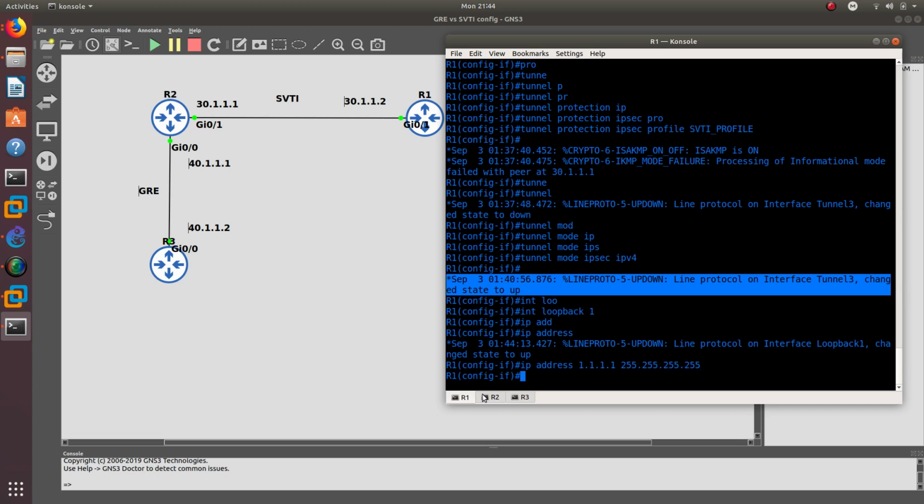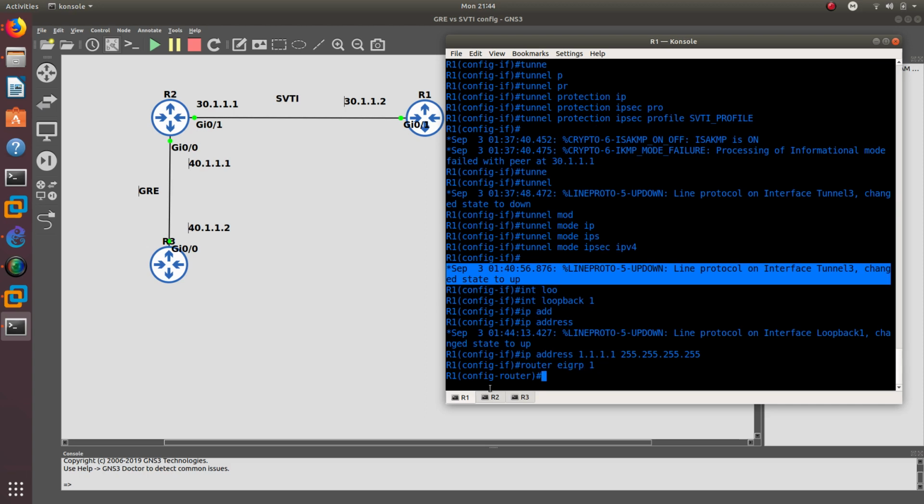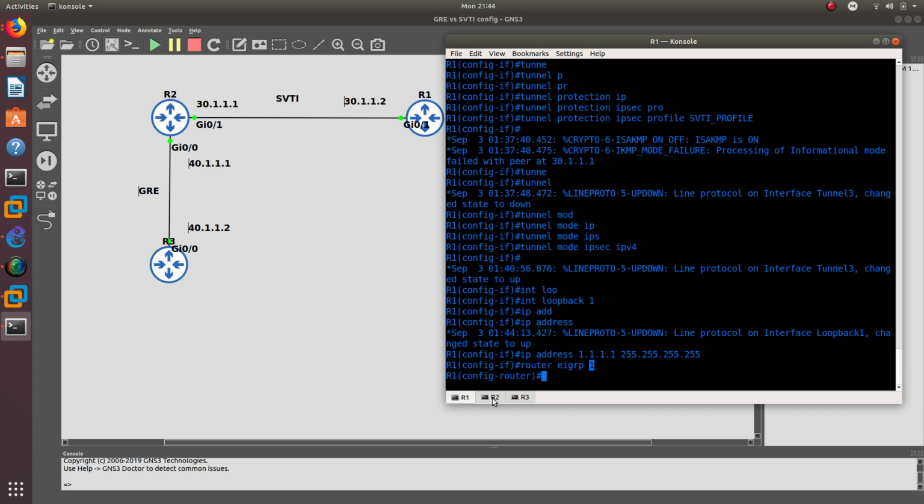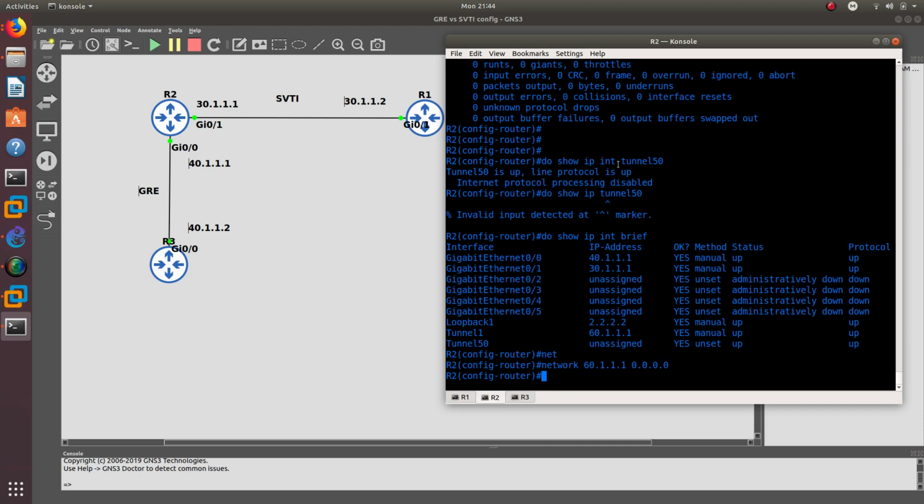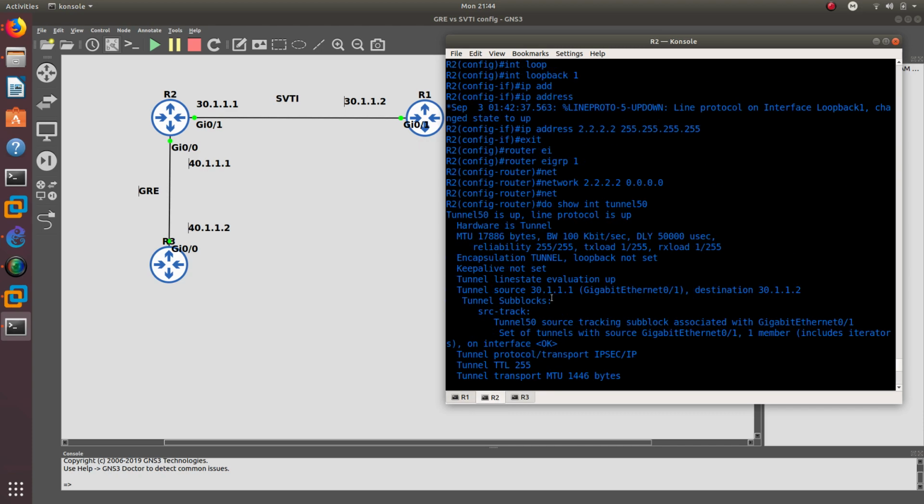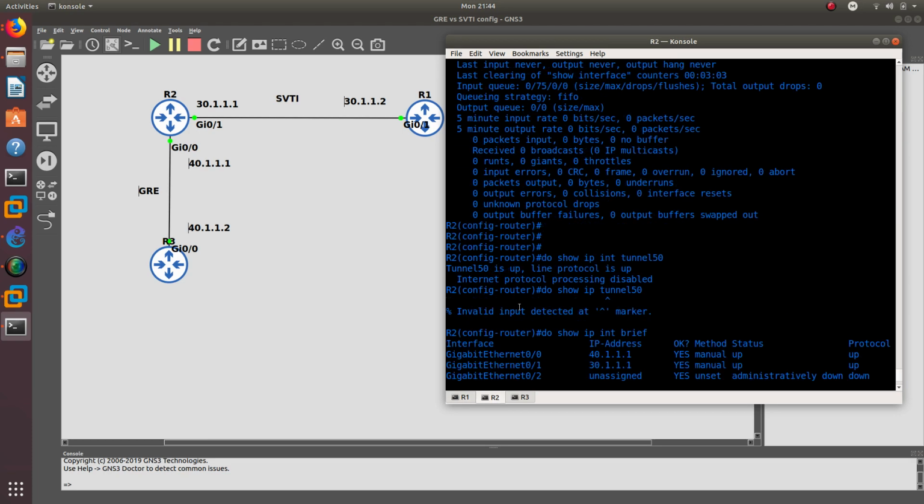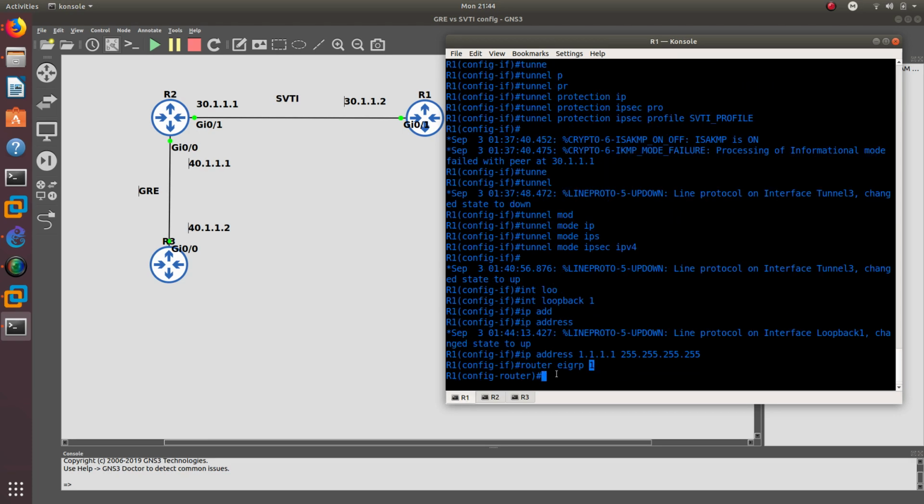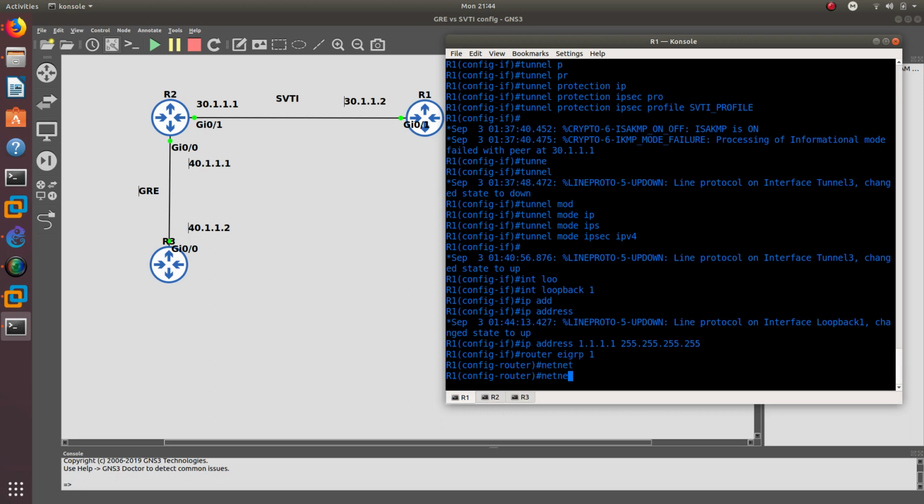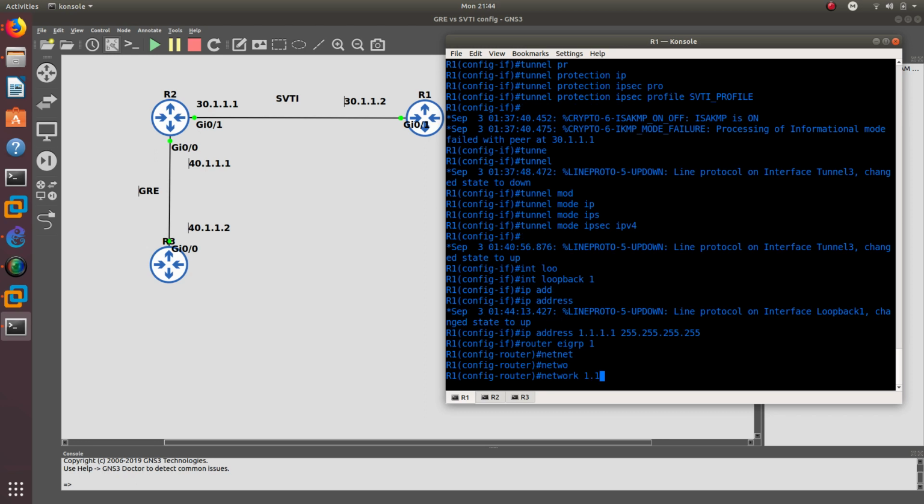Let's go ahead and configure router EIGRP. Remember that EIGRP needs to match the autonomous system number, the same as this router 2, so we can form an adjacency. So let's go ahead and add this network 1.1.1.1,